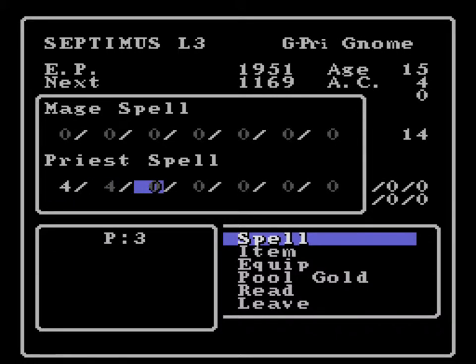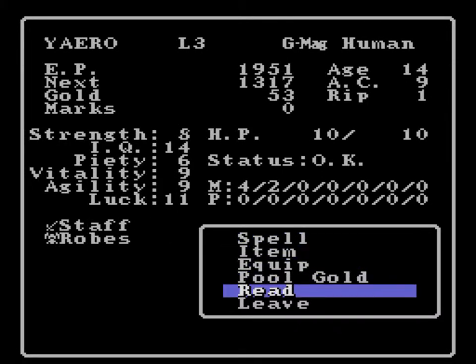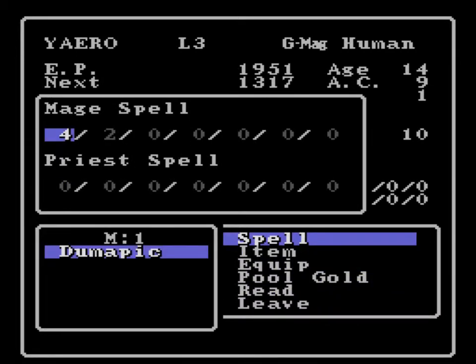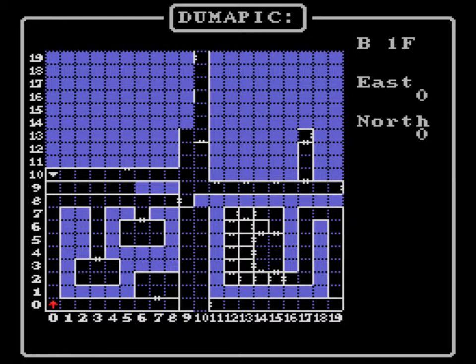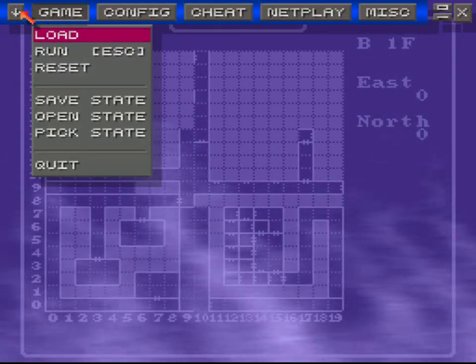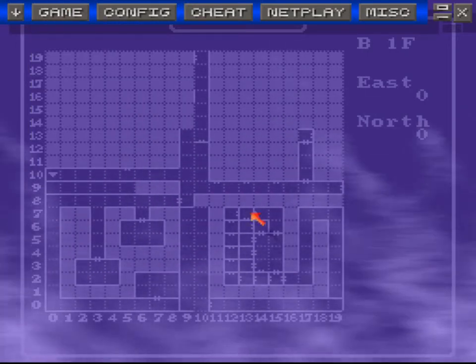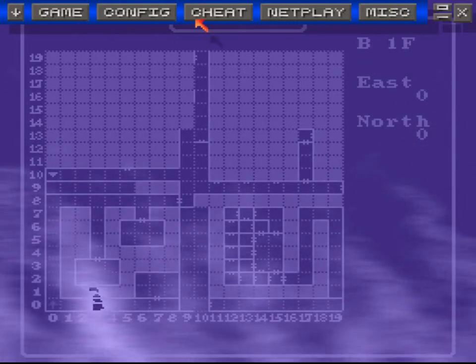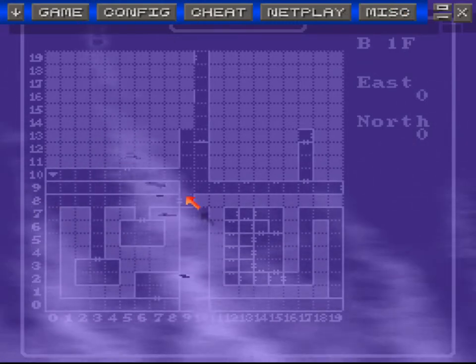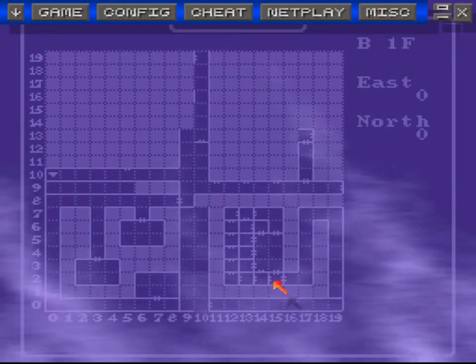And let's look at Dumapic. Let's see what the map looks like now. Not read, I want you to cast Dumapic. So yeah. Let's just bring up the cursor for a second. I know I'm slowing everything down by doing this. I should probably get rid of that overlay too. Anyway, so yeah, at a certain point I teleported in here, and I actually had to go down to